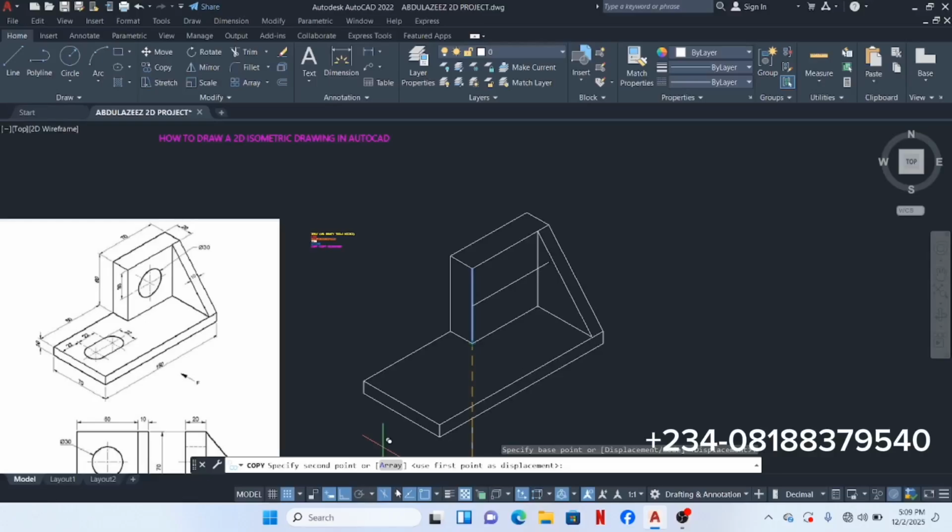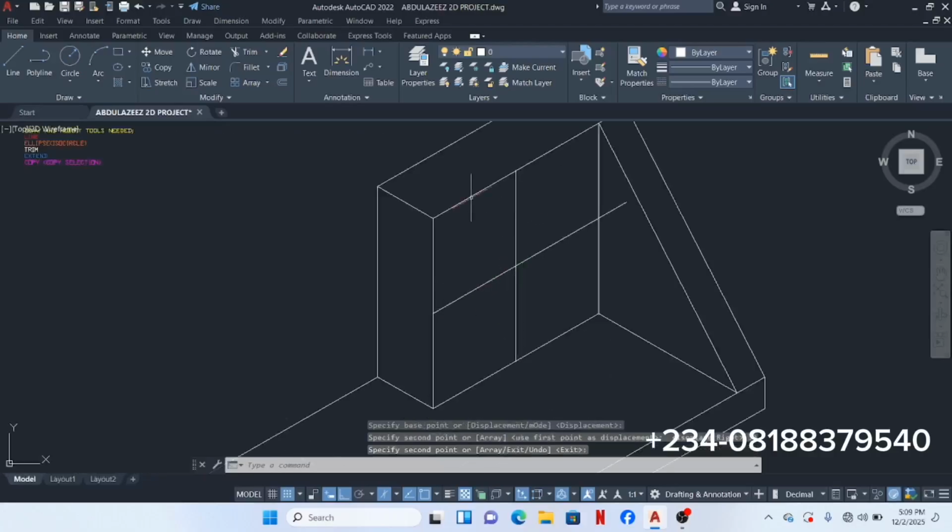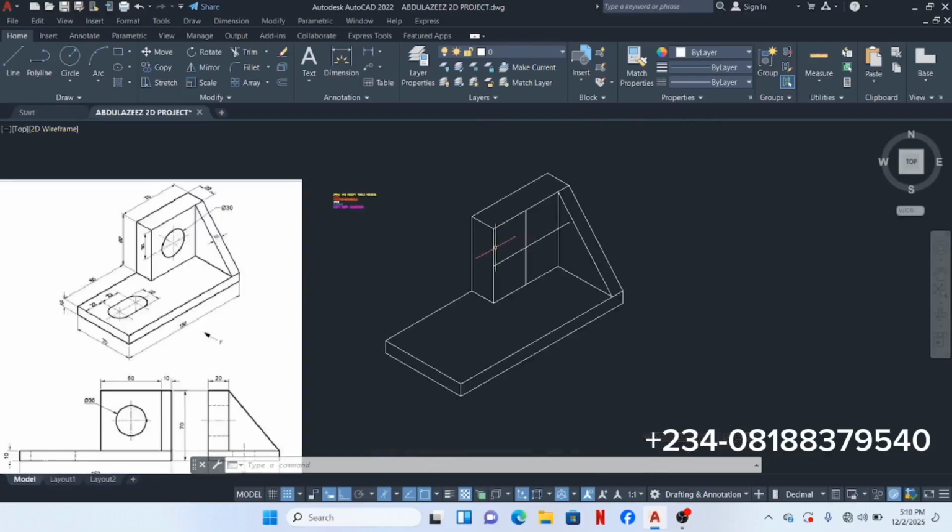Now I can change the isoplane to 30. Now I have the center of my square or the box. Now back to the isocircle. Now the first thing, like I said earlier, is to use the ellipse. I can use the command ELL